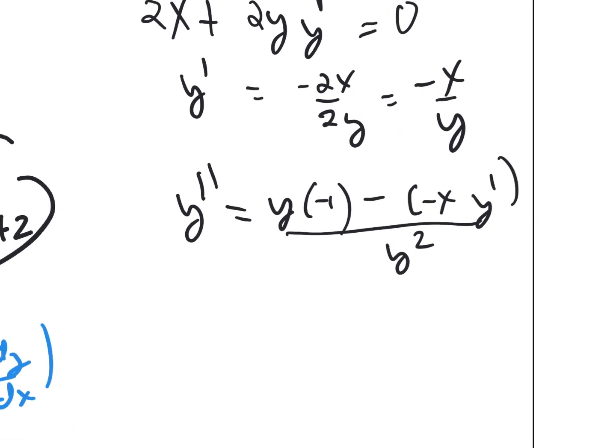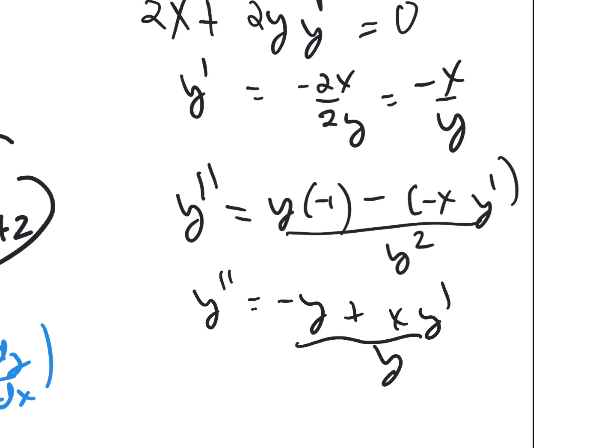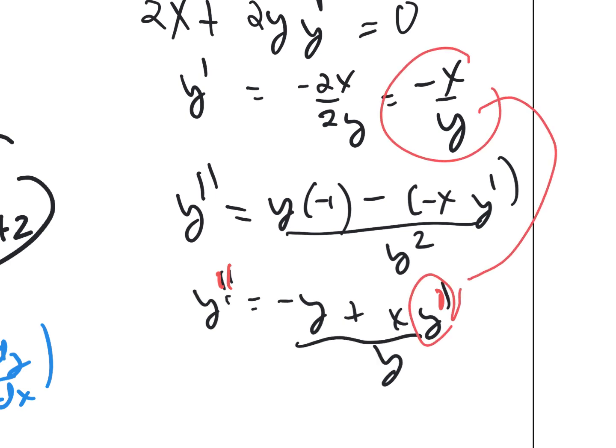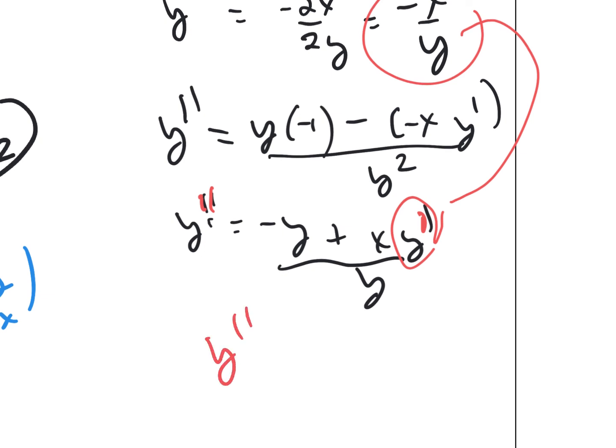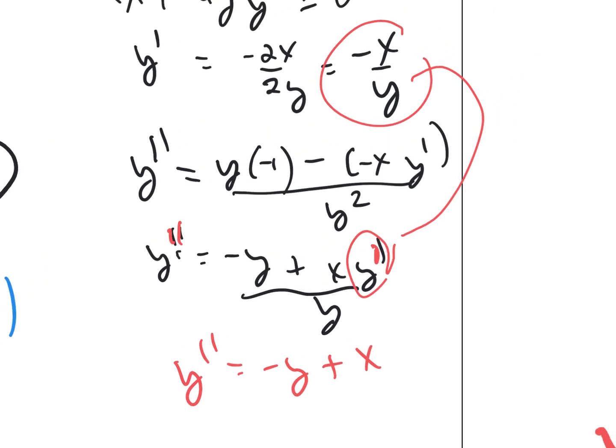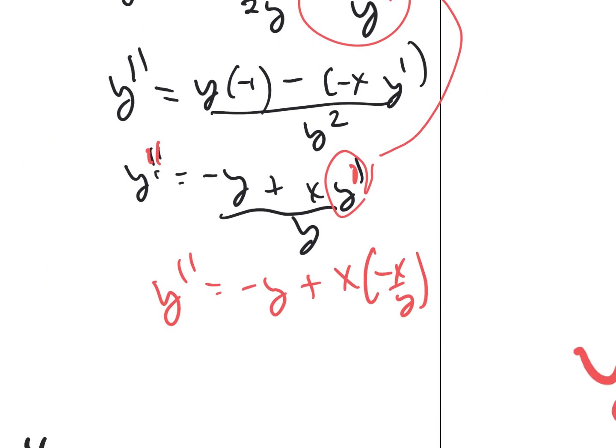So it looks like y double prime is negative y plus x y prime, all over y squared. But you can't leave a y double prime and a y prime in the same problem, so you substitute your y prime. Your best answer, y double prime, is negative y plus x times negative x over y, all of that over y squared,